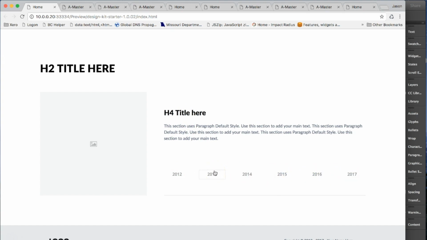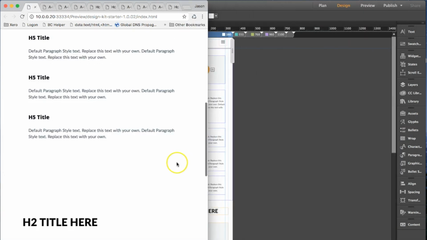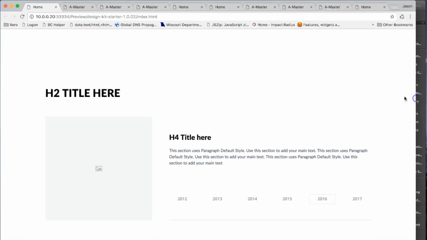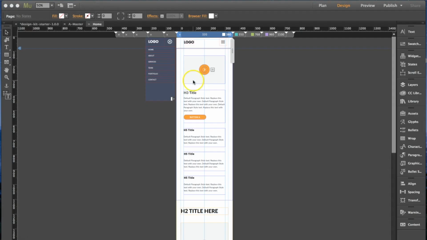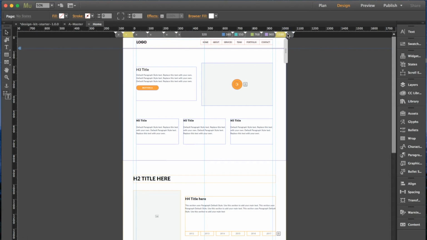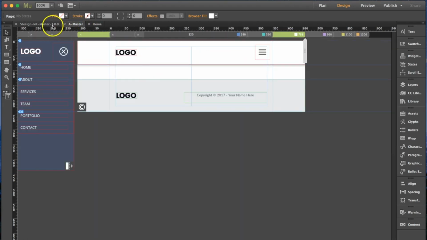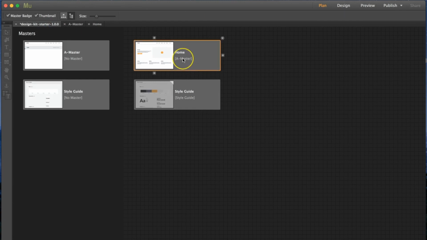But because it's identical content across the board, you really can't see it working back and forth. But this is a cool little timeline widget that's, you know, again, fully responsive across the board, which looks really great. So the last thing that I want to show you really quick is something that's also very important. Obviously I've just built out one page here, but the reality is